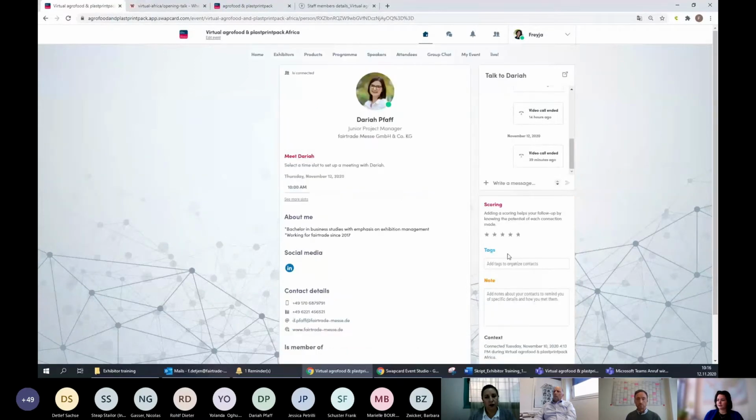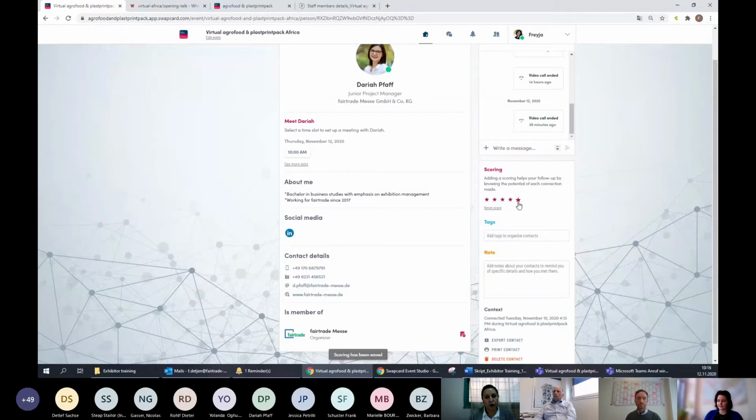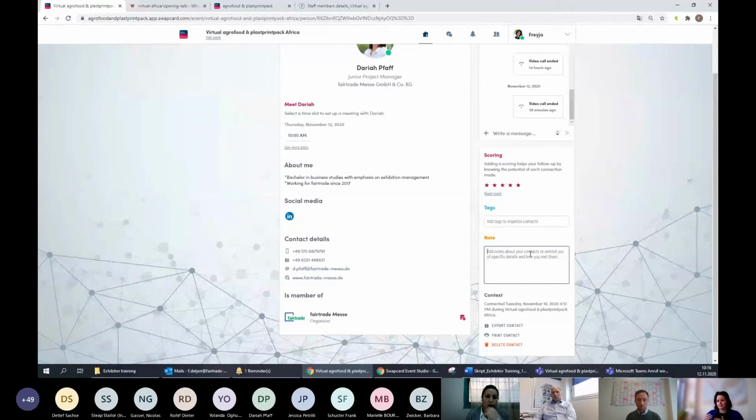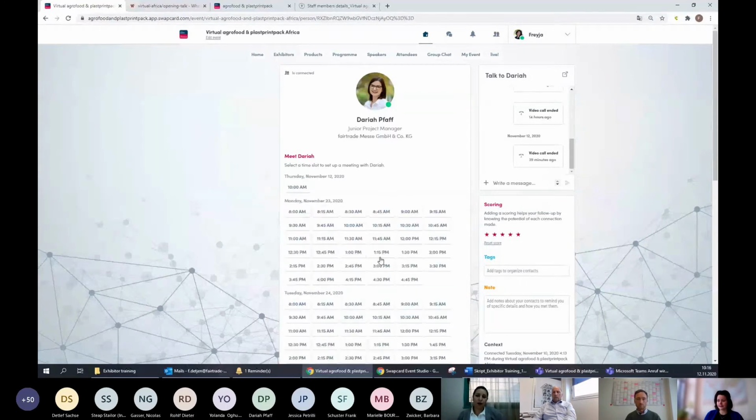number. And I can also add some information about her by scoring, for example, her contact, my idea about the contact. Also, I can add some text or some notes, for example, send brochure or send an offer for machine A, so that I can prepare and work on this contact after the event. I can contact Daria with a message, or again here also I can send her a meeting request, and I